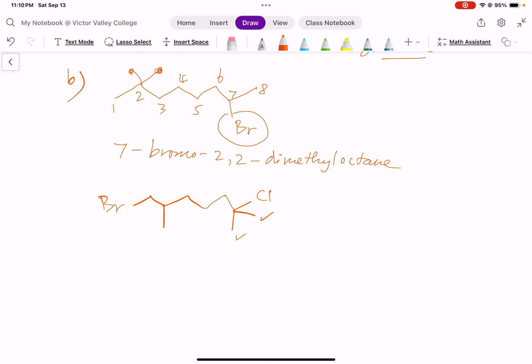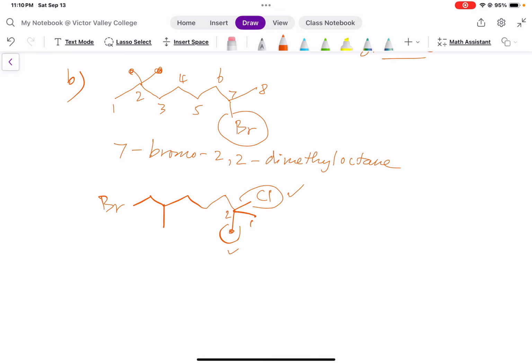Okay. So that puts the first branch on number 2, because if that's 1, that's 2. So you got a branch here and you got a branch here. Got a branch right here. That's 1. That's not a branch, but that's a branch. See, chloro is a branch,